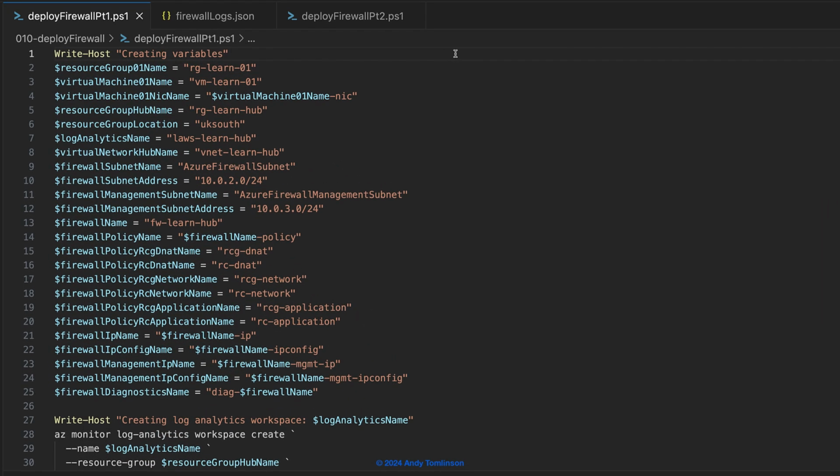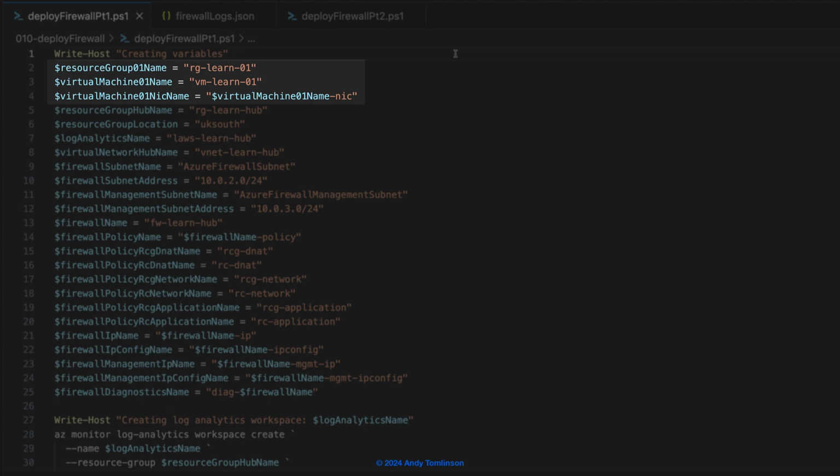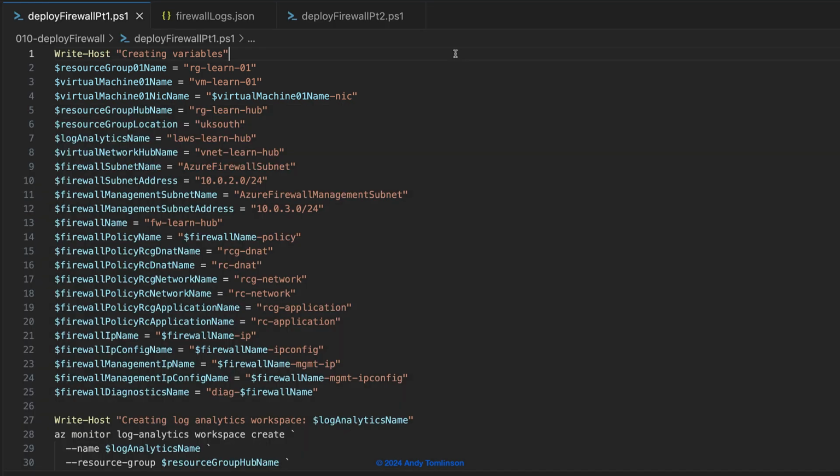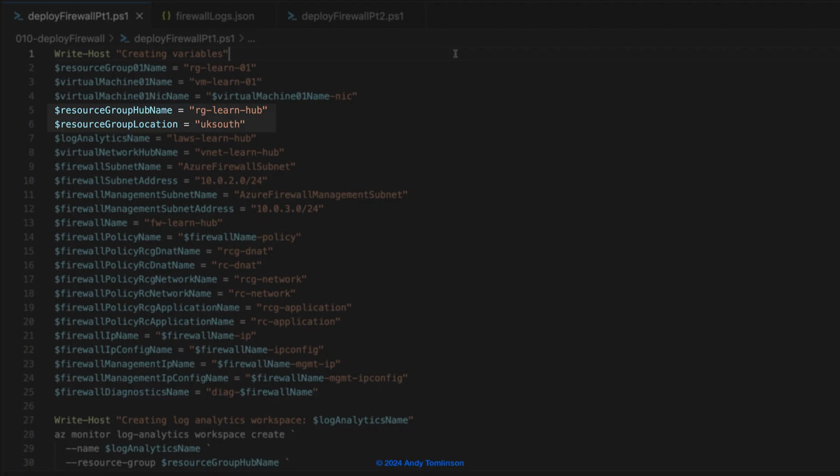From the top, we have our variables. For the DNAT firewall rule, we'll need the private IP address of the first virtual machine. So we need its resource group, along with its name and the name of its network interface. We're also going to deploy additional resources into the hub, so we need the name of its resource group along with its location. In the hub, we'll create a log analytics workspace for the firewall logs, so we need its